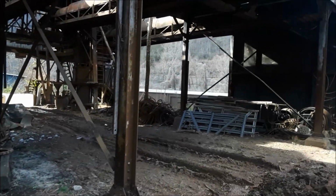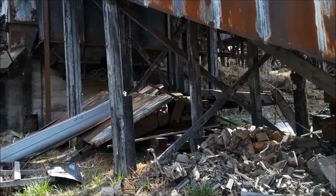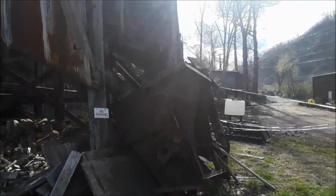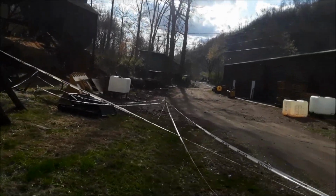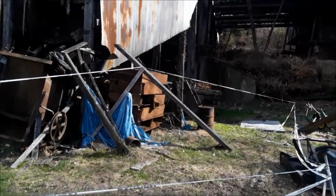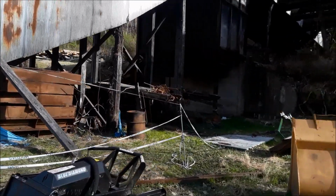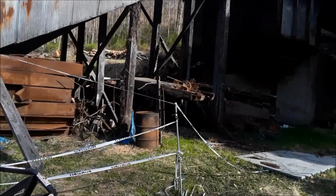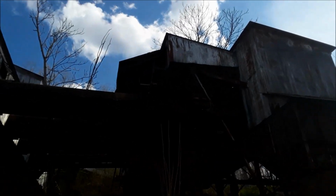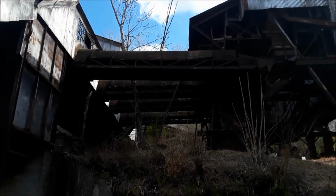There's a lot of old rail equipment we're going to go check out too. These in here look like they're old continuous miners under this chute and bin assembly. This whole structure is near to falling down. See, the metal conveyors I was talking about, that's really unusual. It's got to be very old. I haven't seen any that weren't